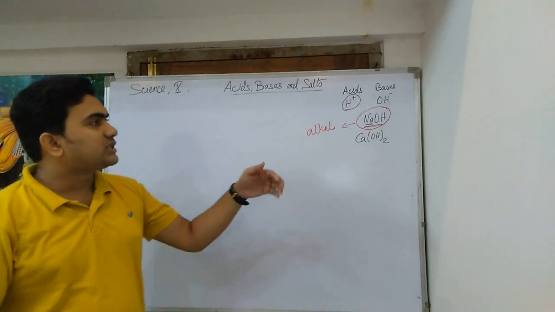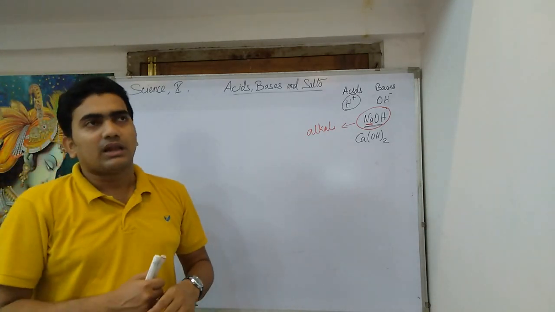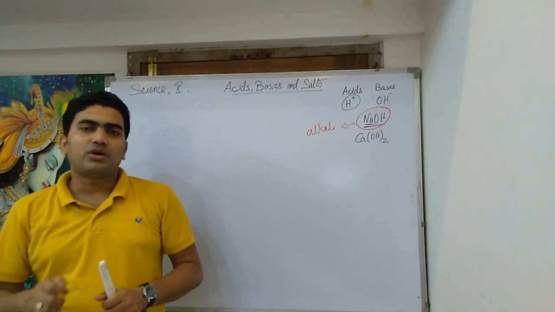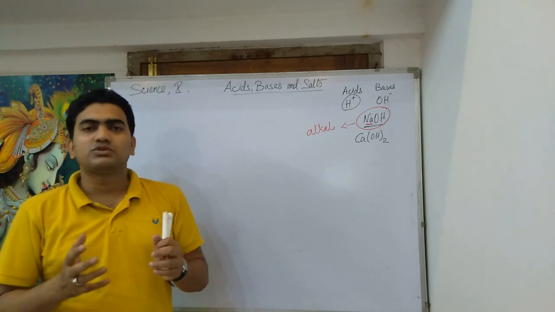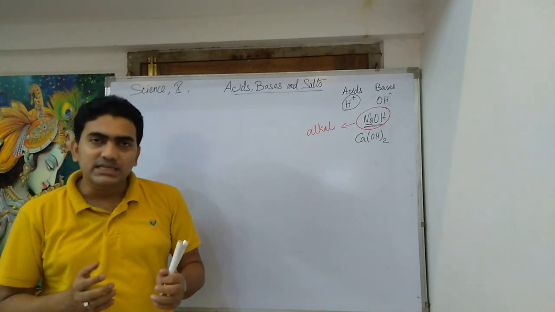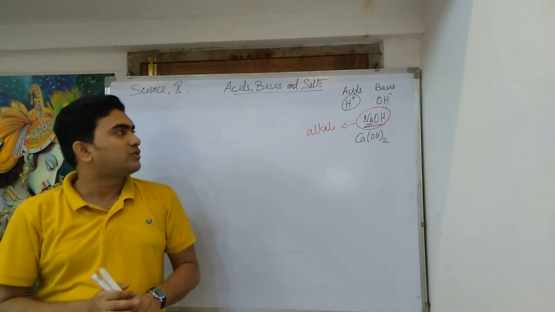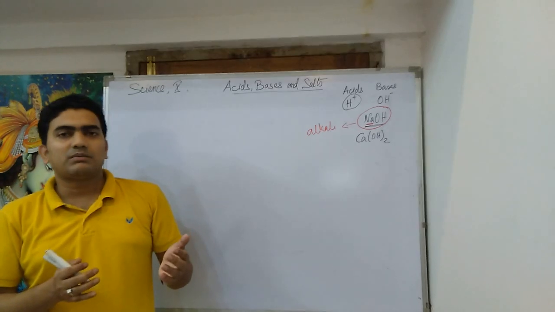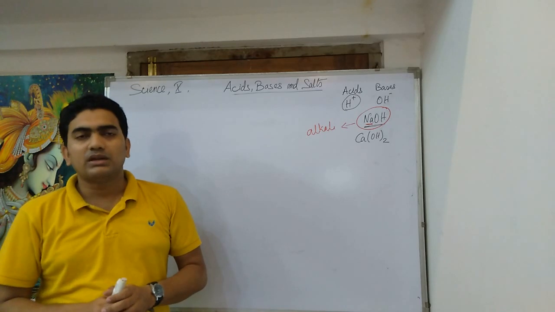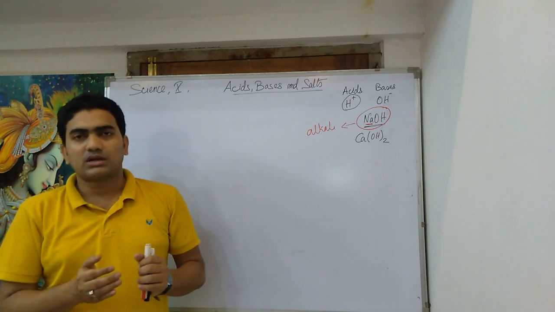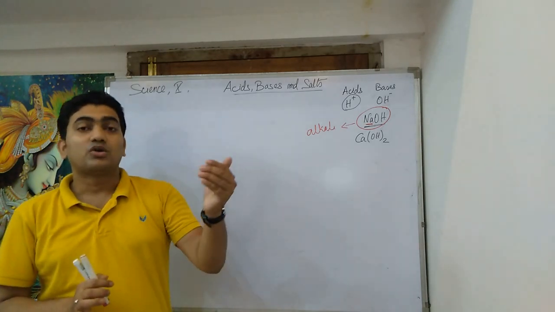Now, the opposite of dilution is called concentration. What is concentration? If we keep on heating milk, we will get to a stage where the milk becomes more and more dense. That means we are increasing the amount of milk in that solution. Similarly, if the amount of acid that you have mixed with water has gone very low, then you can take out some water, or you can add some more acid into it, thereby increasing the concentration.